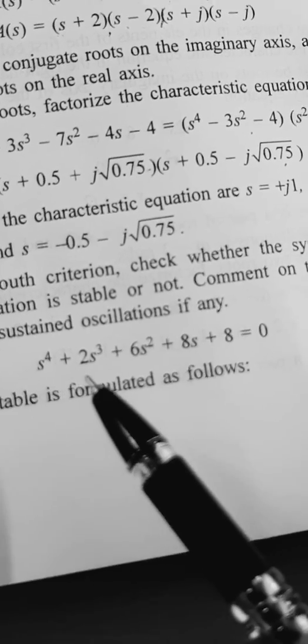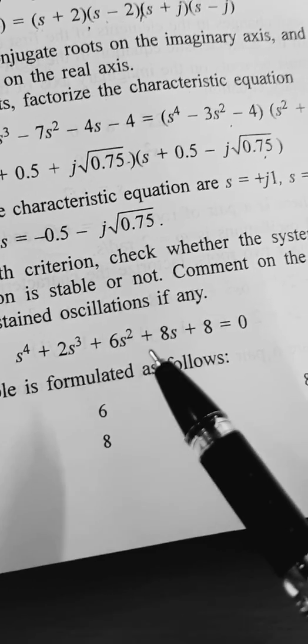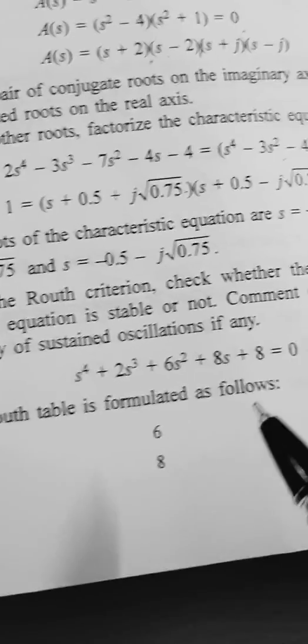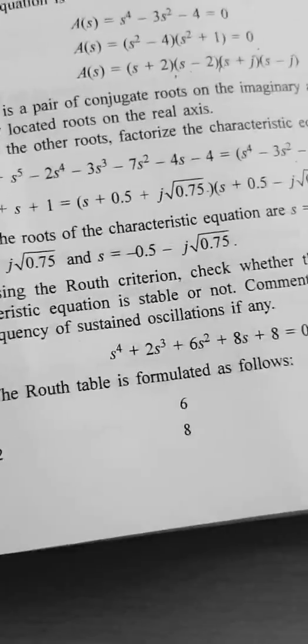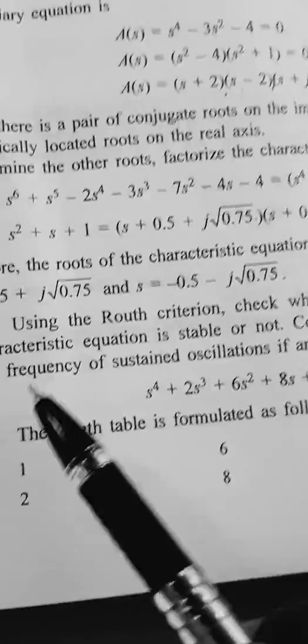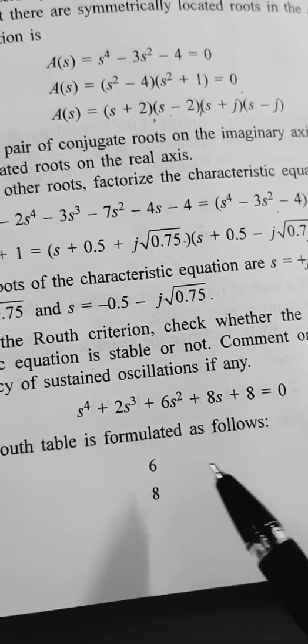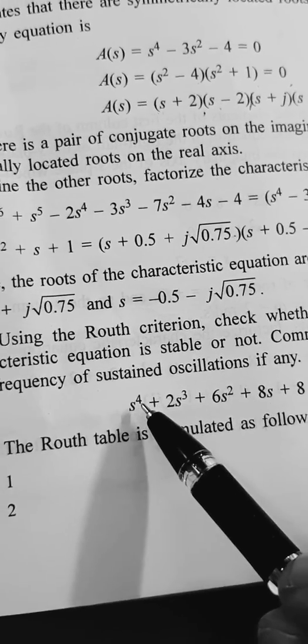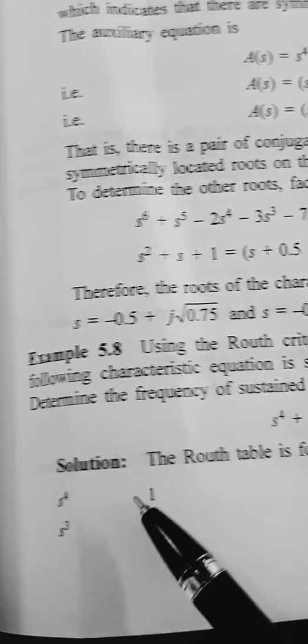Now here in this example, s raised to 4 plus 2 s raised to 3 plus 6 s square plus 8 s plus 8 is equal to 0. Now you can form the Routh table. Here the highest order is 4. So s raised